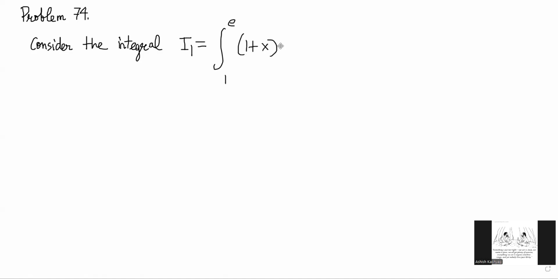Hi, in this problem, we are going to look at another integral question. So the question goes like this. Consider the integral I1, and I1 is given by the integral from 1 to e of (1 plus x times (x plus ln x)), where ln x is the natural logarithm, or logarithm to the base e, raised to the power 100 dx, and I2 is given by